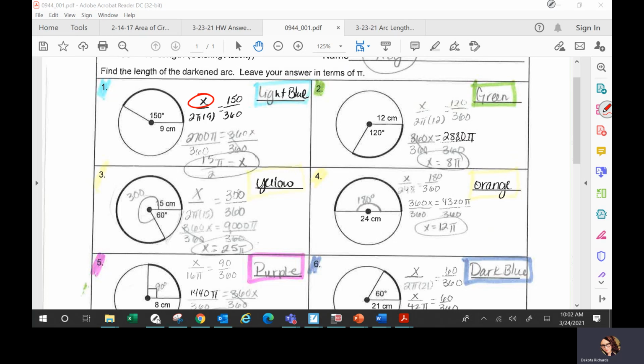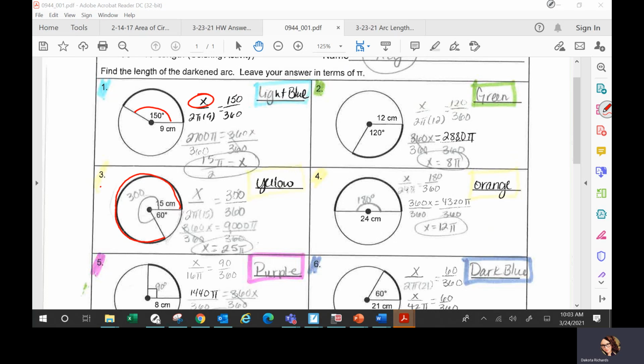And then your arc measure, you have to be careful, as Troy pointed out, like on number 3, it's asking you for the darkened area. It gives you that the smaller area is 60, but that's not the darkened area. So you have to subtract 60 from 360, and that arc would be 300. So just be careful what you're looking at. On number 1, the arc measure is 150 degrees. So when you're plugging that into your formula,